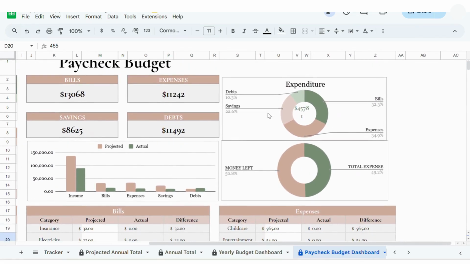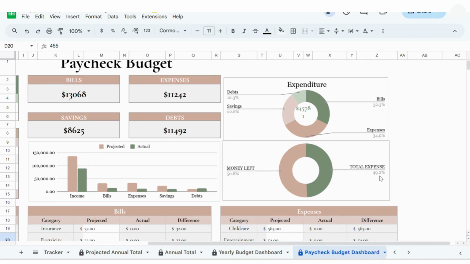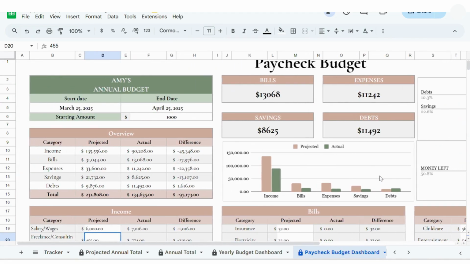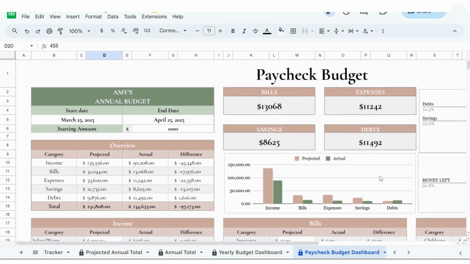And here I had an expenditure of 45,781, out of which expenses were 34.9%, debts were 10.3%, and now I have money left of 50.8% and 49.2% has already been spent. So based on that, I can monitor my budget from one paycheck to another